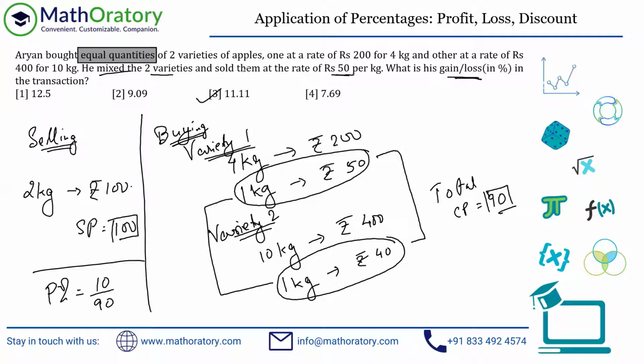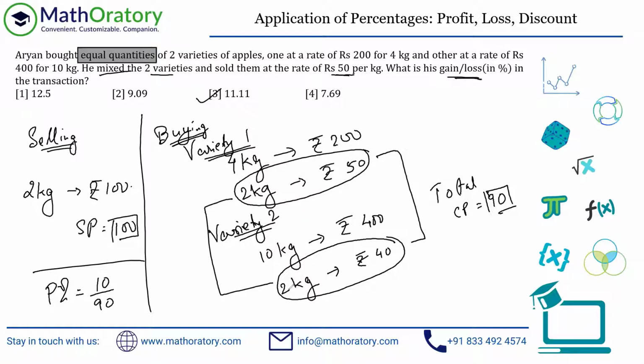By the way, just to explain to you that this quantity that I assumed, 1 kilo, this doesn't matter. Let me give you another example. So for example, suppose I would have taken this to 2 kilos. So this is 2 kilos and this is 2 kilos. I have to keep them equal. That is what the premise talks about.